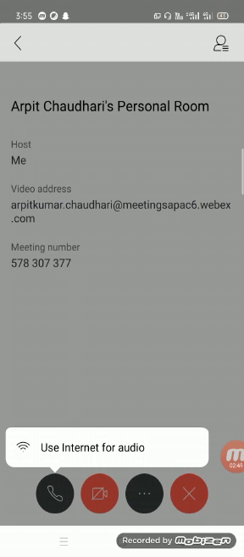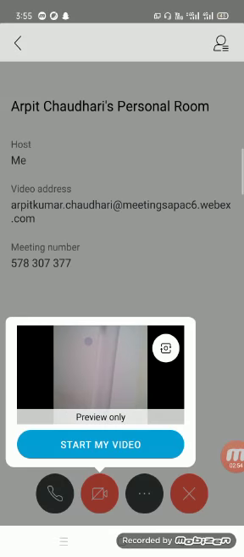Next is video. If you want to enable your video or start a video, with the help of this start my video option you can transmit your video. And if you don't want to enable your video, to save the bandwidth, you can disable the video.